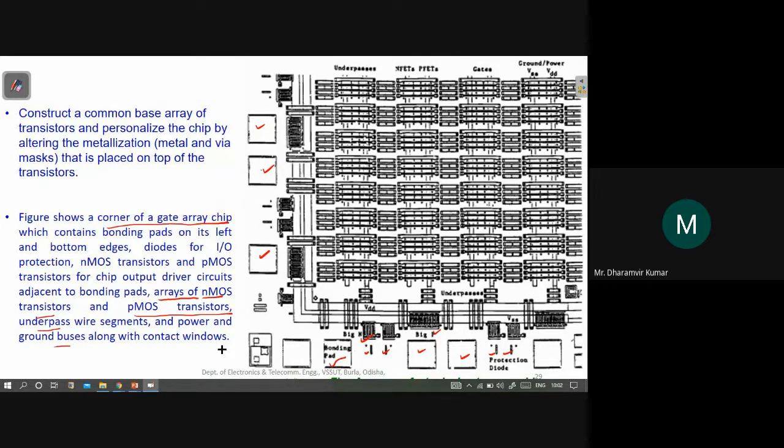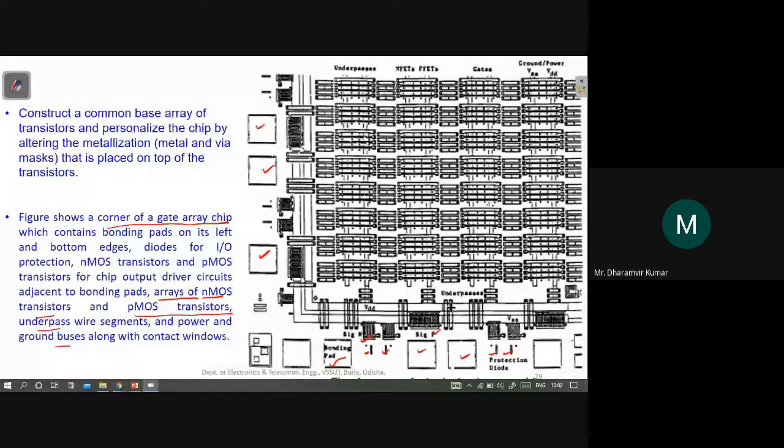So in a chip we have many things apart from just transistors. We should have the auxiliary components, and then the pin locations, pads. Then some big NMOS and PMOS transistors for chip output driver circuits, and many other things.